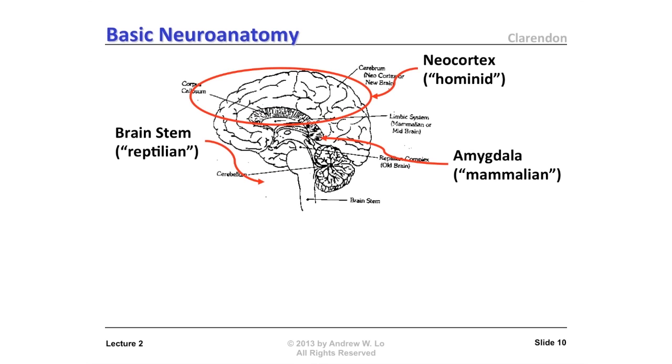Finally, the third part of the brain that I want to tell you about is what we usually think of as the brain. It's that gray matter, the curly coils. It's actually not coils, but it's a tissue that's approximately 5 millimeters thick, the size of a dinner napkin, and scrunched up to fit in our brain casing, which is where all the wrinkles come from. That's known as the neocortex, and neuroscientists sometimes refer to it as the hominid brain because it's basically great apes and humans that share that part of the brain.